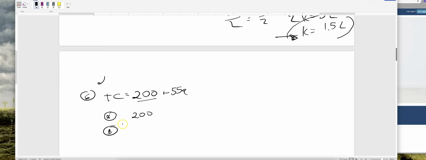In letter B, we're asked if the company produced 100,000 units, what would be the average variable cost? Well, it's going to be determined for us by 55Q. So it would be 55 times 100,000. That's going to get me at least my total variable cost, right? So that's going to be our total variable cost. And so what we're going to see here, right,